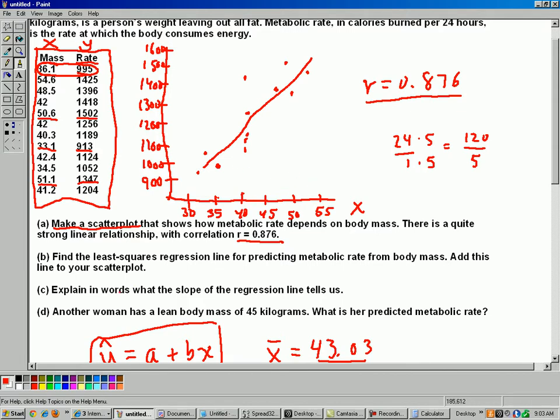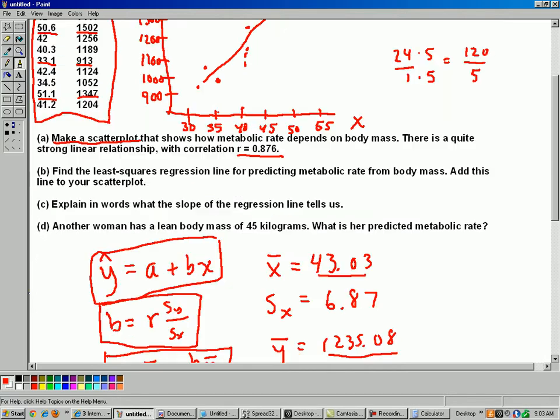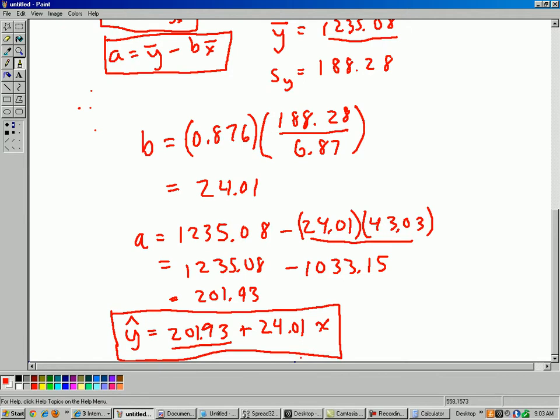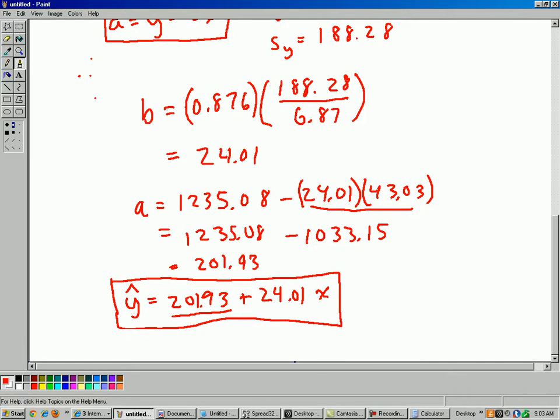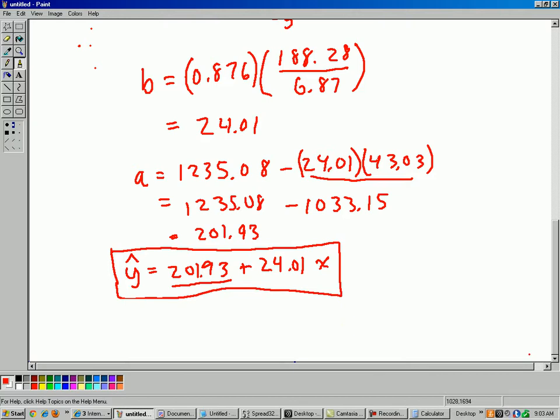All right, so that's it for part B. Now, explain in words what the slope of the regression line tells us. All right, so for part C, what does the slope tell us? Well, slope is always rise over run. It means for every unit of x, y goes up by whatever the slope is. And so in this case, x is the weight. So in other words, for part C here,